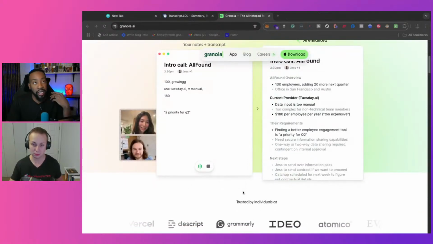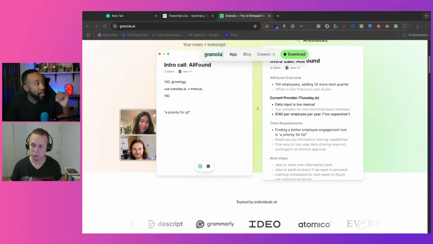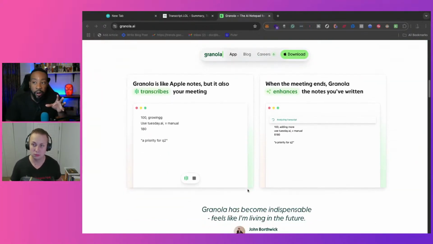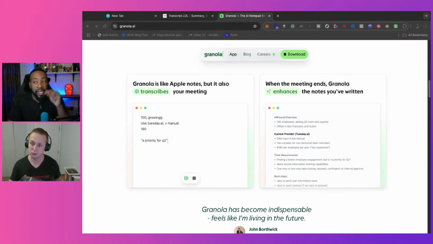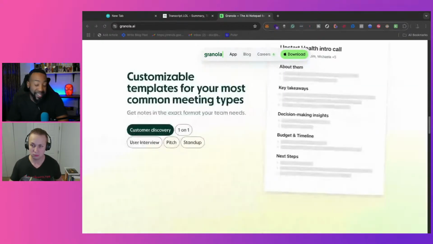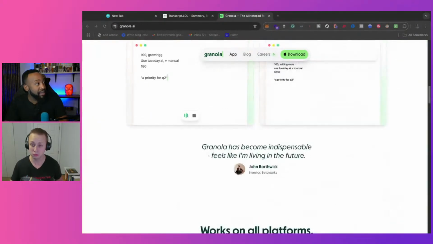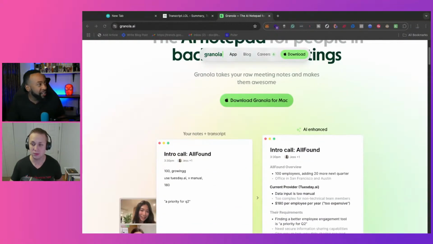But basically, I will give myself some notes, but then it will fill in the rest of the notes with AI and what I've been talking about. Super helpful. And then I take this and I just copy and paste it and just make it a blog post. The thing that stands out with this is I've seen the Zoom summary and other summaries before. This one sounds like a human. It sounds like the cadence and what I like. The Zoom one, I just feel like there's a lot of errors, and I don't feel like how it sounds. Oh, but it's Mac only, Doc. Oh, you mean so it's a great thing? Oh, I'm sorry about that.